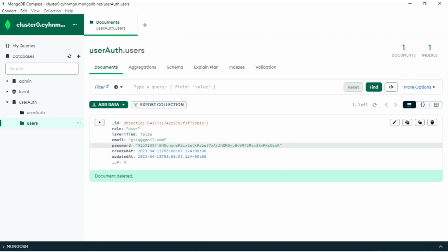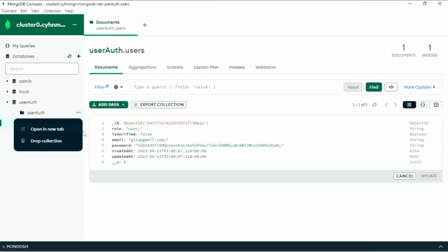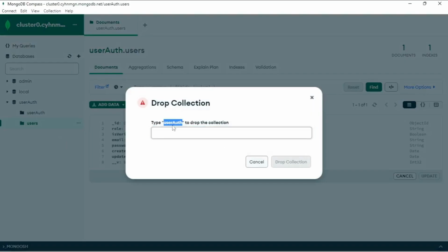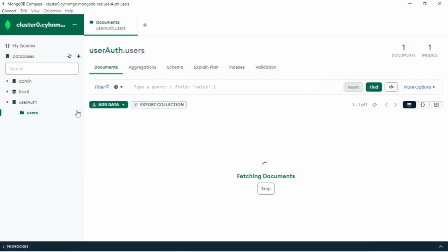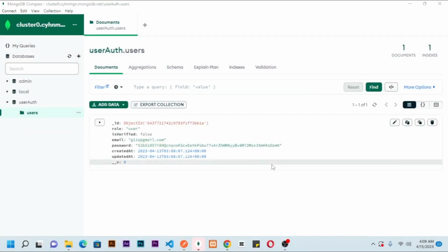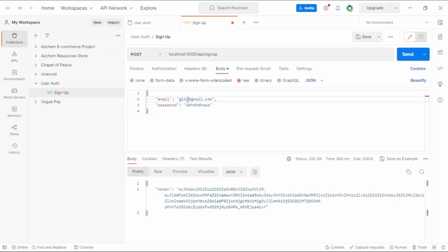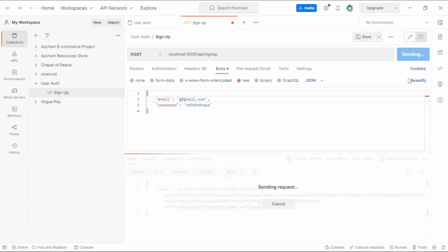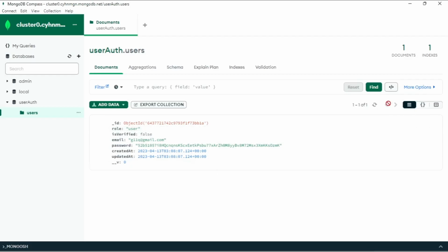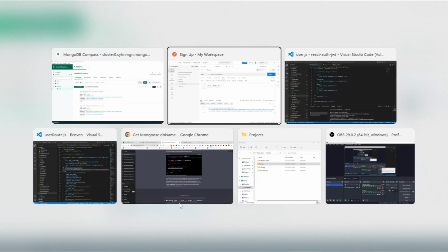I'm going to delete some old documents, and also delete a collection that I'm not using. Refresh it and go back to my model and make my password to be required. Try and create a new user to be sure everything is working fine. Refresh it. Yeah,